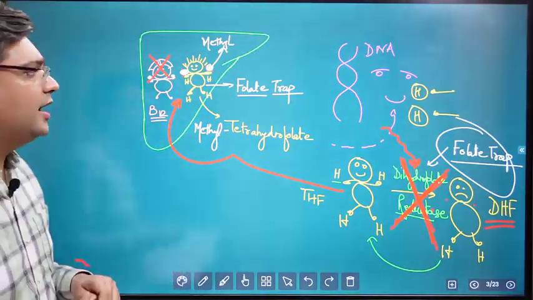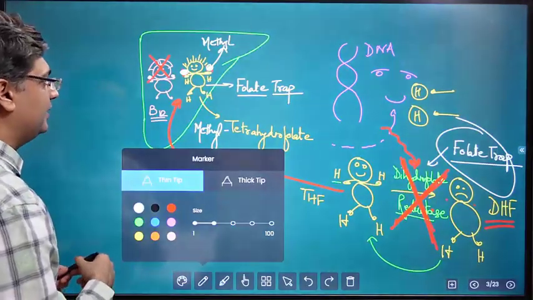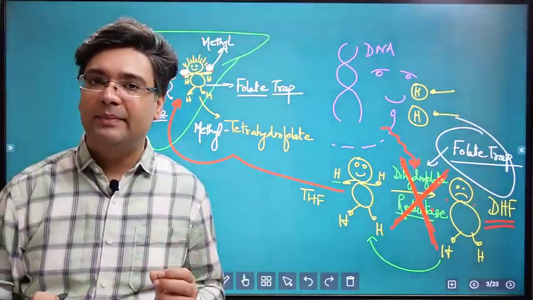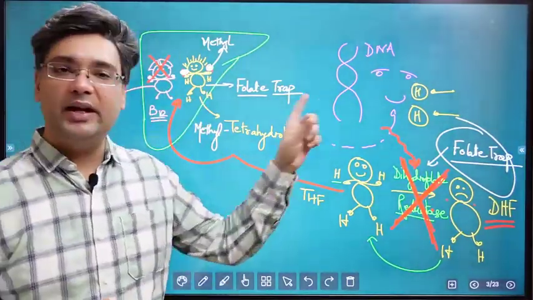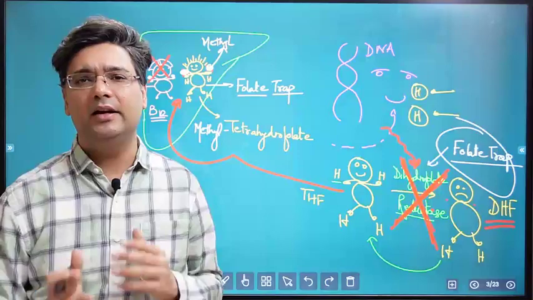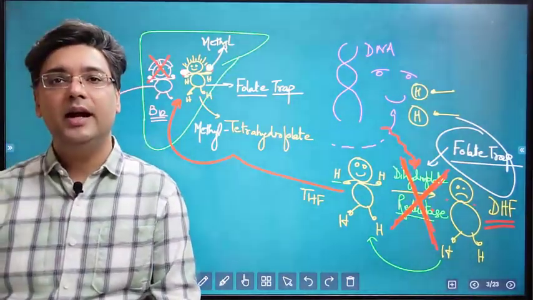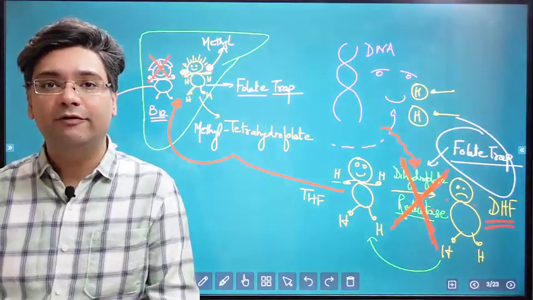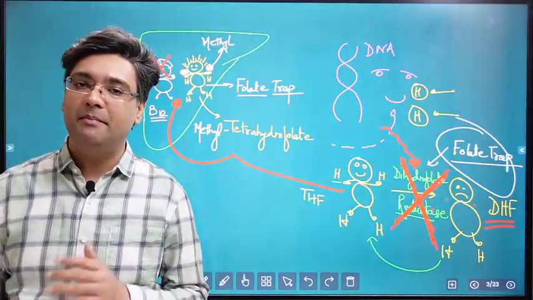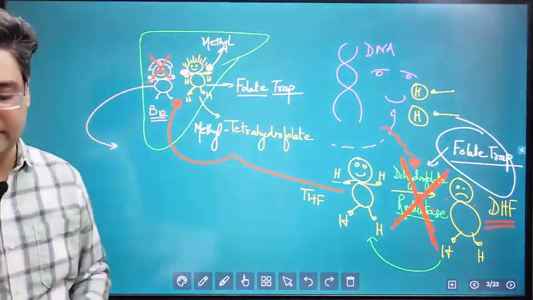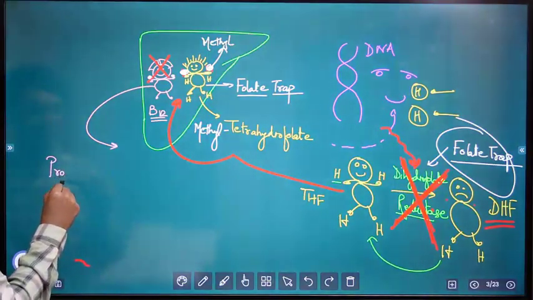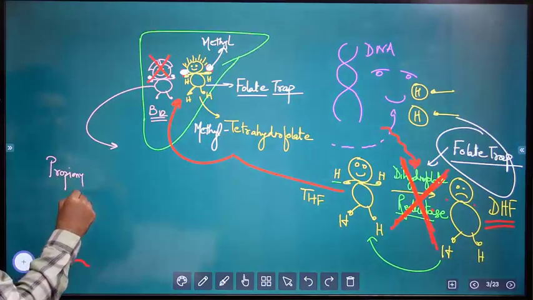Okay, in the meantime, when we are talking about B12 here, it also plays a role. The folate was actually helping the DNA. Until now I had told you that B12 had an indirect role in helping out the folate. But what is the purpose of B12? There is one very important purpose of B12, and that is in the metabolism of odd chain fatty acids. In the metabolism of odd chain fatty acids, which we'll describe in detail in biochemistry, we have a substance called propionyl